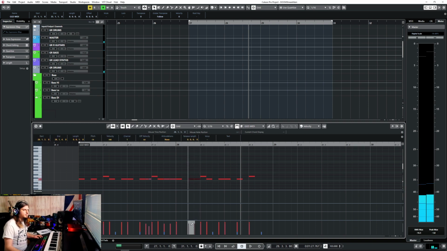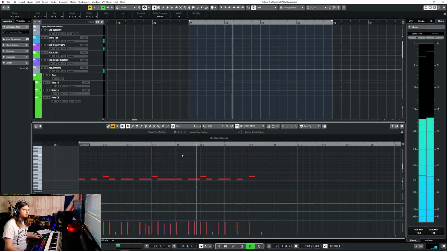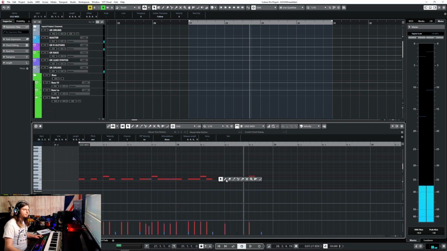Okay, hold up. Okay, so what I'm doing, here's the thing. When you're writing this sort of down-tuned riffs and modern metal music, one thing that a lot of people do is that they sync up the hits of the kick with the hits on the actual guitar riff. The reason for this,